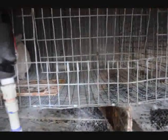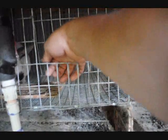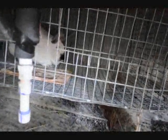I cut a hole, as you can see here, just cut right about here, halfway up, and cut all the way across, and then the extra wire I bent down, and I did that all the way around. You can kind of see there. I left a little bit of material at the top and a little bit of material at the bottom. So then what I did to attach the